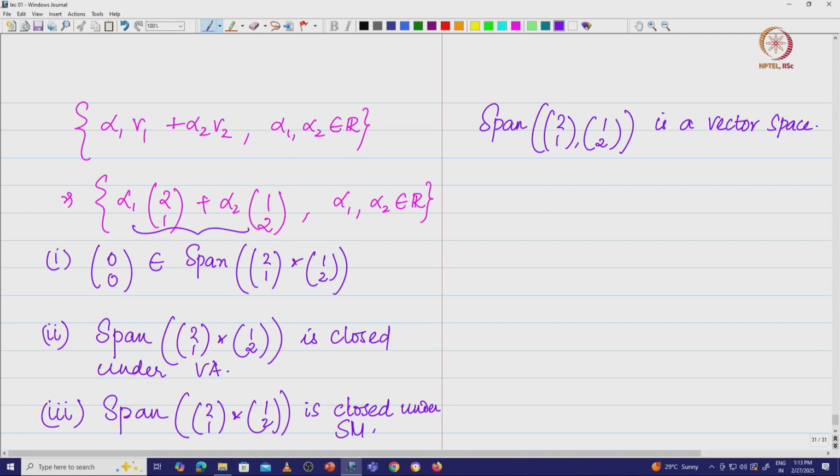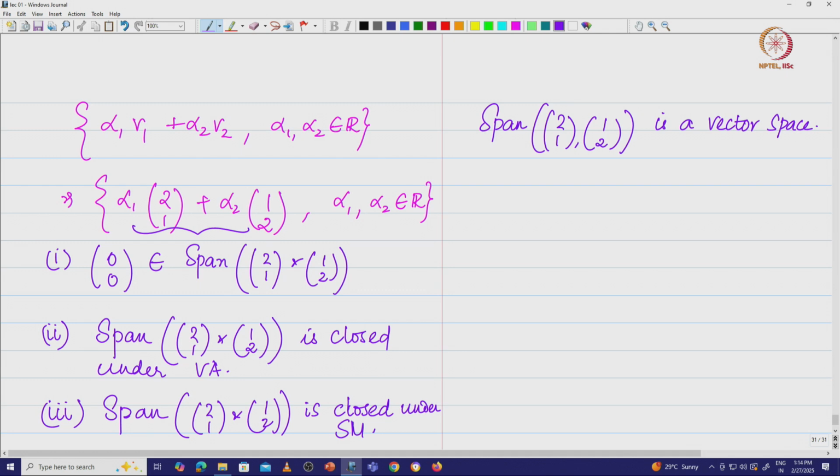Now, what is interesting is that the meaning of span is not just that it is a linear combination of these two vectors. What it says is that the span of the vectors (2,1) and (1,2) is generated by the multiples and linear combinations of (1,2) and (2,1). That means the span of (2,1) and (1,2) is going to be the entire R2 space that we have, and therefore these two vectors seem to serve as the building blocks for generating all the vectors in R2. This is basically a generating set for the entire R2.